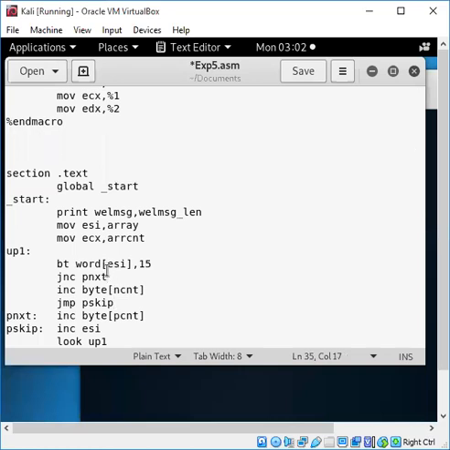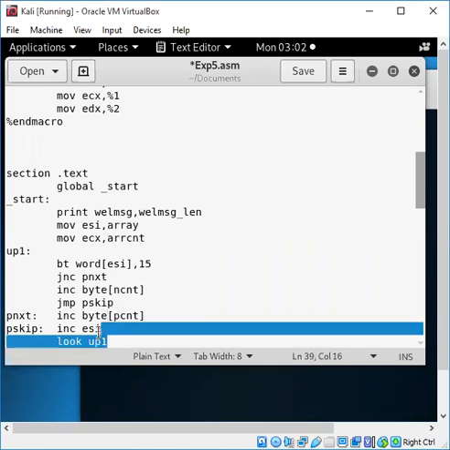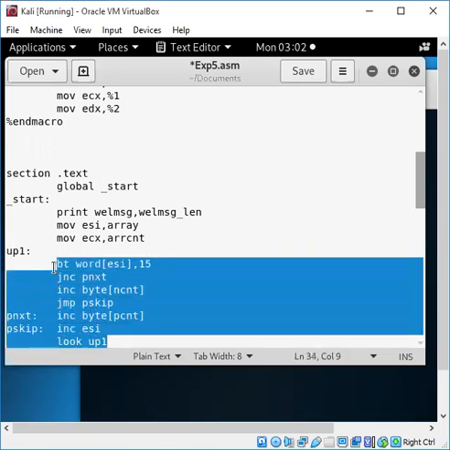Next, if it is a positive number, then increment the count for positive. If it is negative, then increment the count for negative. And then it will be done with the system call. So one by one it will be applying this. This loop will continue until it finishes all the elements that we have put in ESI, all the elements there, and when those elements end, the loop will end.